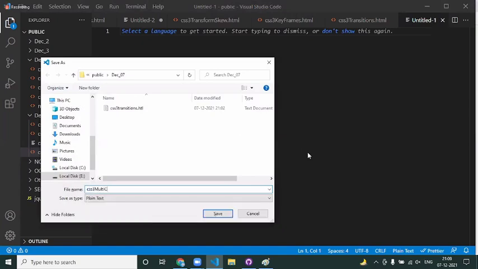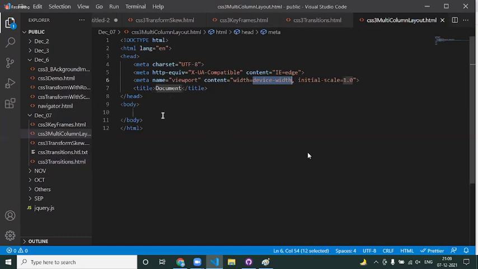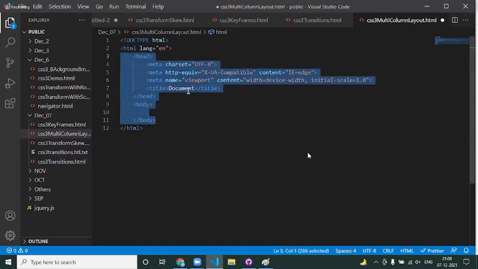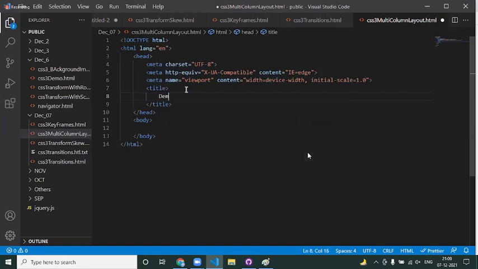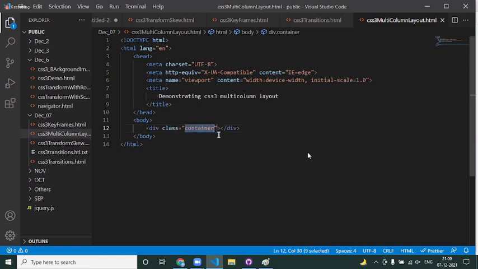CSS3 multi-column layout.html. Okay, let us get some multi-line text content.